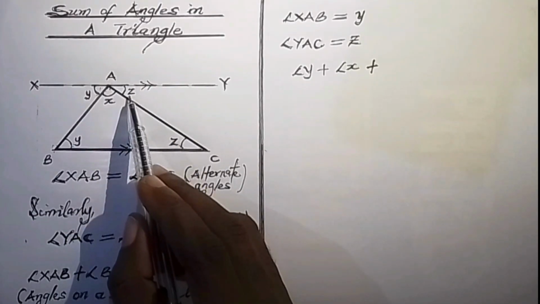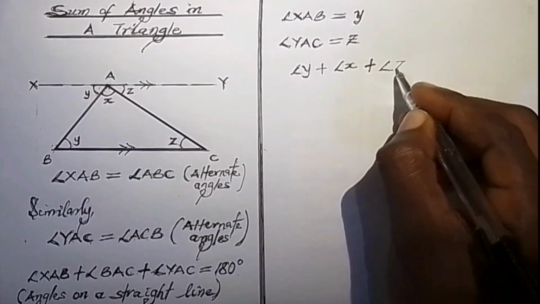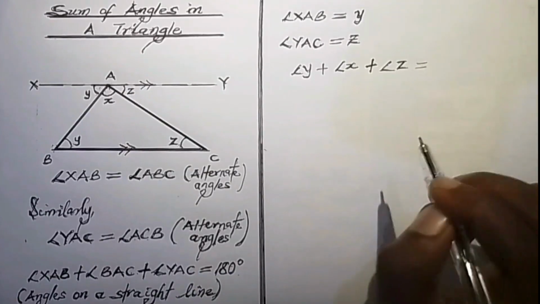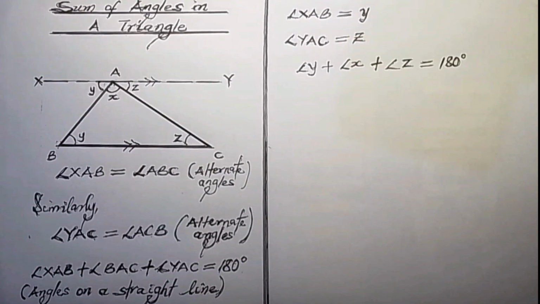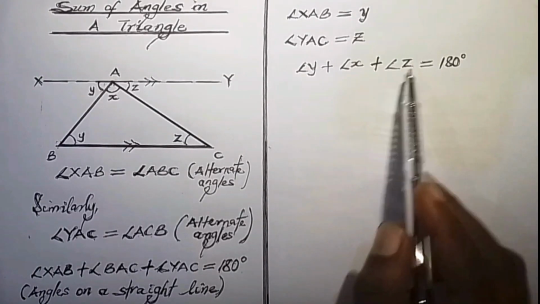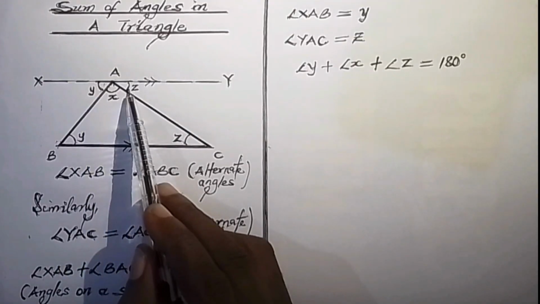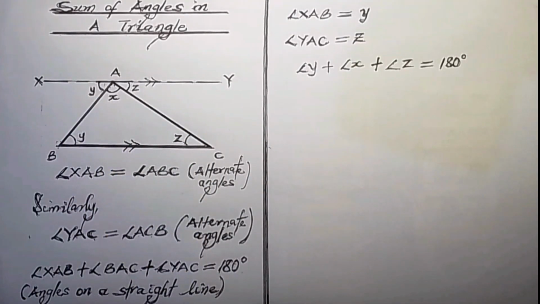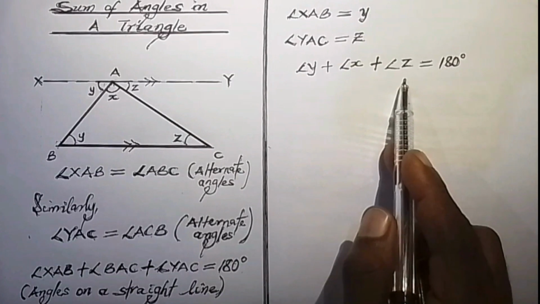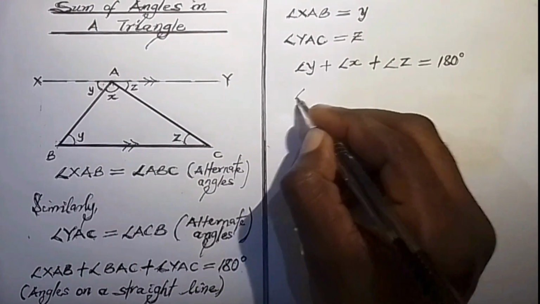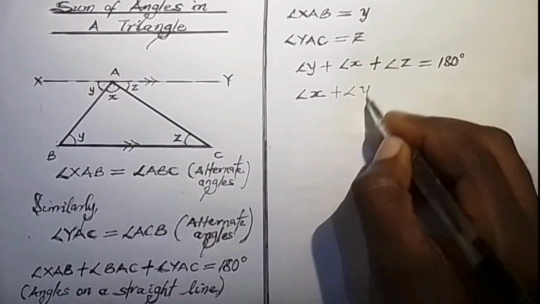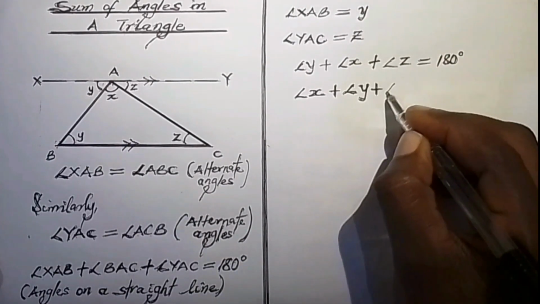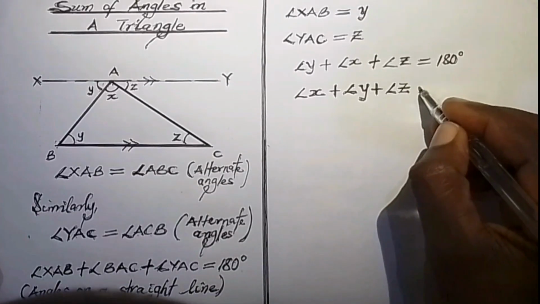YAC is Z. Angle Z is equal to 180 degrees. Remember the reason. All three angles, Y, X, and Z, are on a straight line. So let's rearrange them alphabetically. That is, angle X plus angle Y plus angle Z is equal to